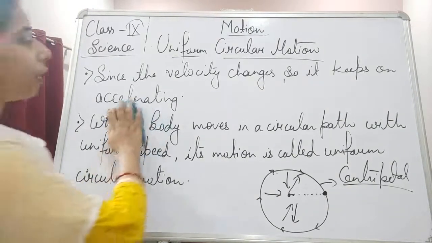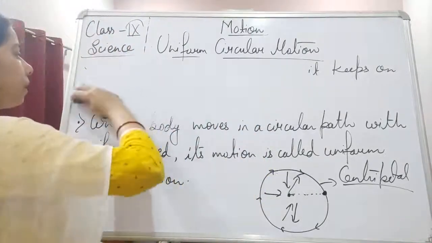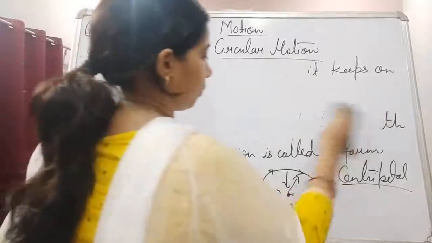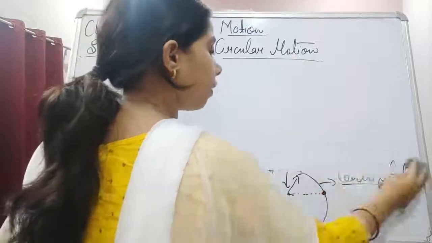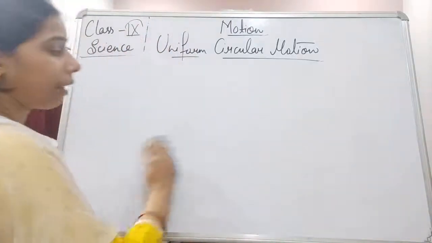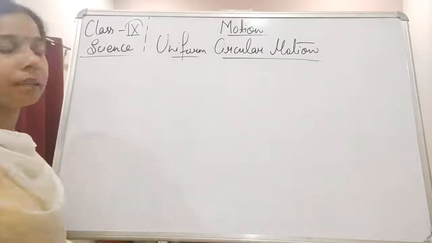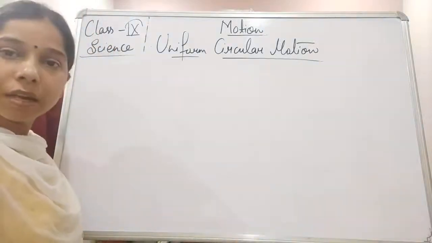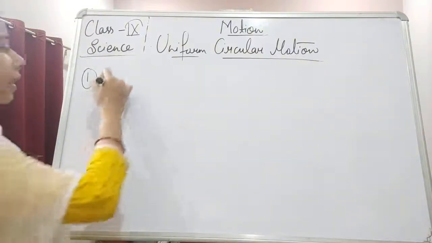Now let us see the different examples of uniform circular motion. There are a lot of examples of uniform circular motion. This is the last topic of this chapter, students. I just want to tell you that we haven't done a lot of numericals, which we will do in the next class. Till then, we will complete uniform circular motion. It is important to understand the concept and then we will move to the numerical section. So the first example, students, is the artificial satellite.